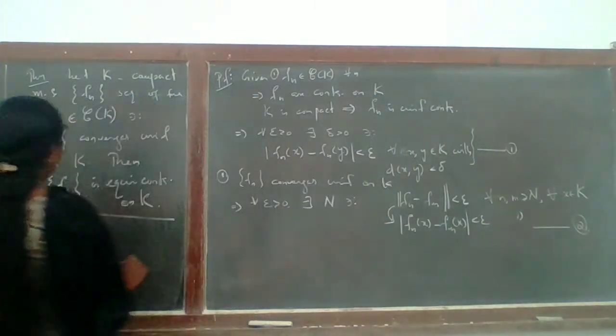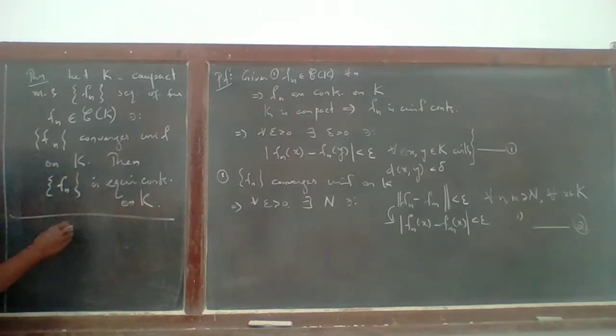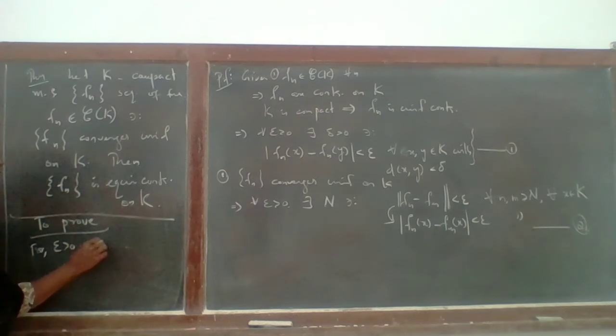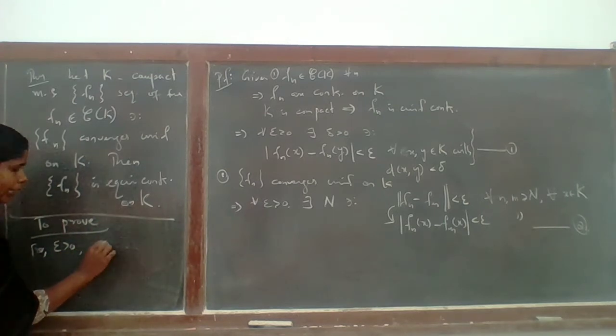Now what is our aim? What is to be proved? To prove Fn is equicontinuous. So we choose an epsilon greater than 0. For epsilon greater than 0, we have to find a common delta